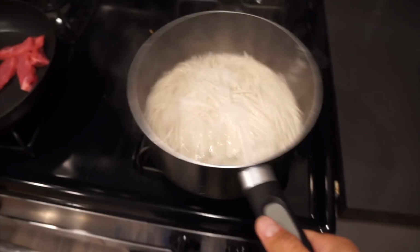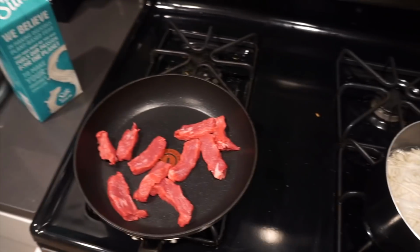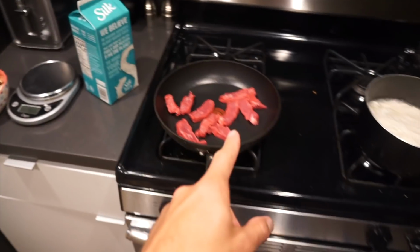But here's what we got for dinner, guys. I went ahead and started prepping the noodles. Cut up the steak as well. The steak looks really good. I got 8 ounces here, so that's a really good portion. I think it's actually a little more, excuse me. I think it's 10 ounces of New York strip steak, so fairly lean. I cut off the majority of the fat on it too to make it a little bit of a leaner